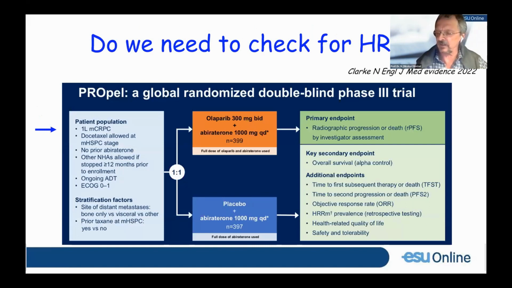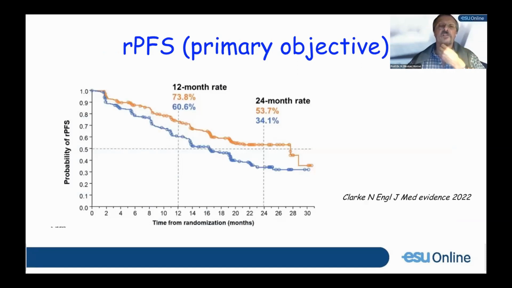What we already said so far is that this drug works if you have a DRD abnormality. PROPEL is a prospective randomized controlled trial, first line in CRPC patients. Patients might have received docetaxel when they were castrate sensitive. They are all failing, have never received abiraterone, and are randomized between abi plus olaparib versus abi plus placebo, irrespective of DRD abnormality. The primary objective of this trial is radiographic progression-free survival. Emmanuel will detail this trial, and that's the result of the trial.